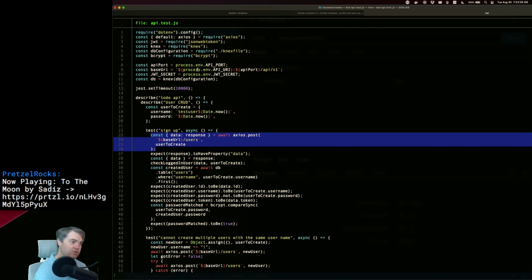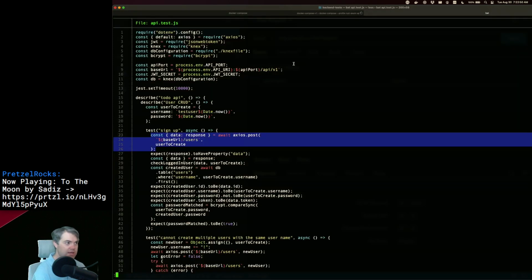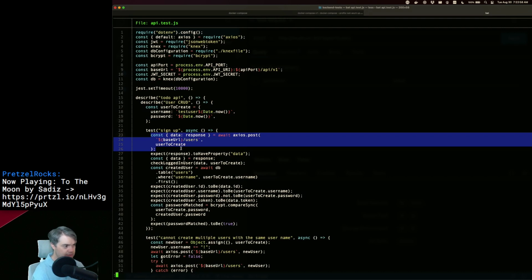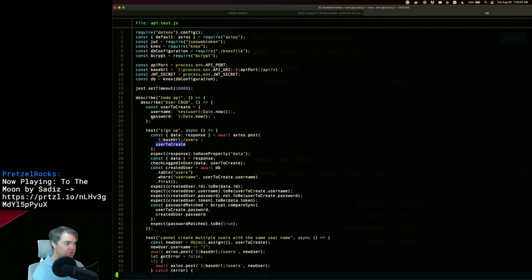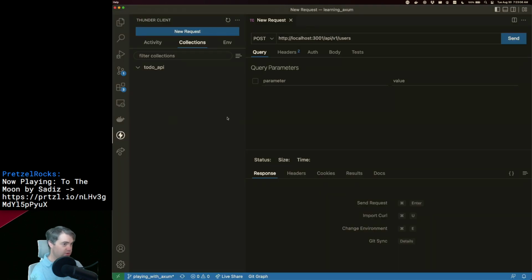Includes, okay, so localhost port 3001 API v1. Okay, so API v1, and then /users. I'm passing in the user to create, which just has a username and a password. Okay,